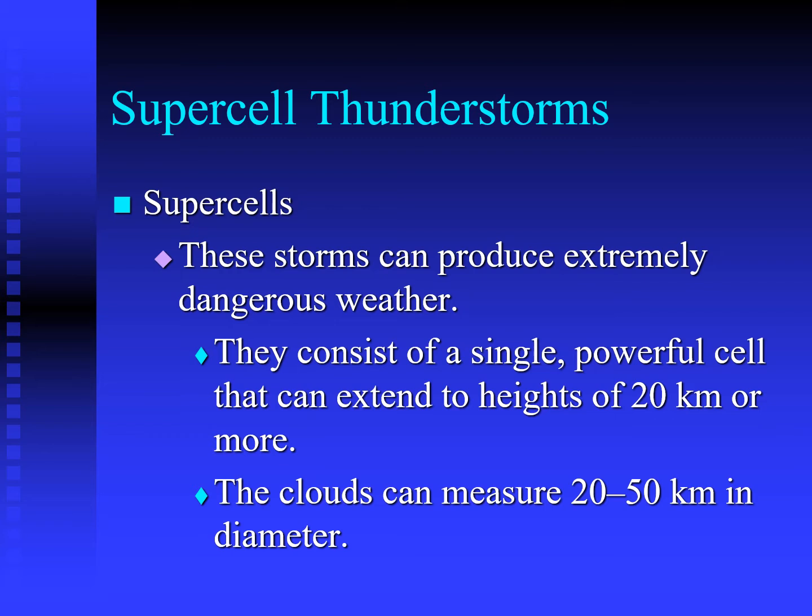So your supercell thunderstorms, again, these are only going to form along cold fronts, and not every cold front is going to form a supercell thunderstorm. They're more likely to happen in the warmer months when you have a greater difference in temperature, air pressure, and moisture content between the maritime tropical air masses and the continental polar air masses that are meeting at the cold front. So your supercells are the most violent